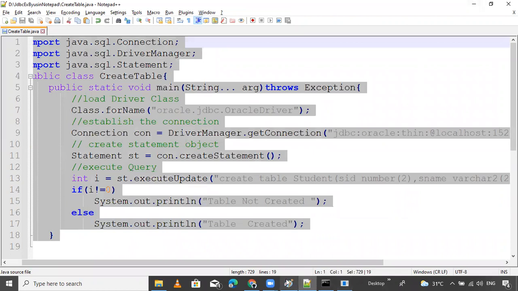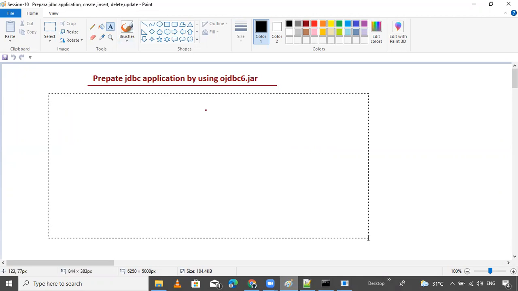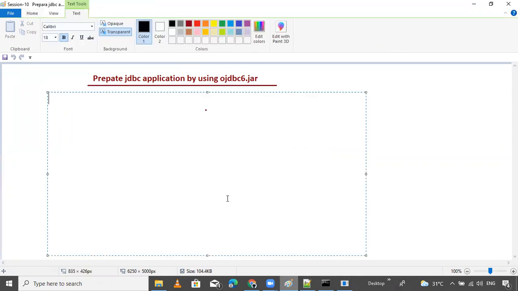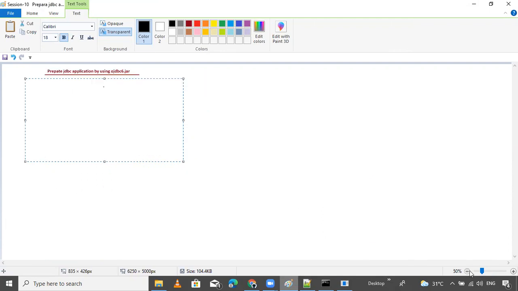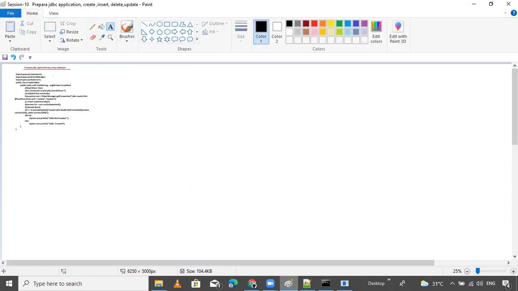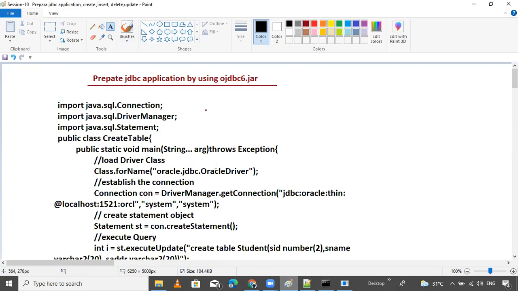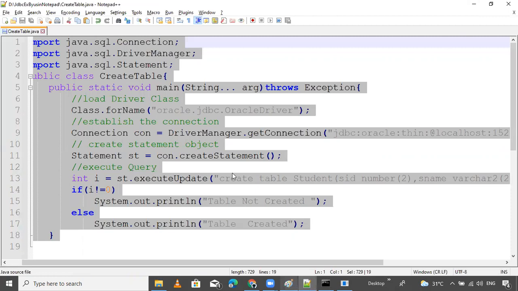I will share with you my notes. That's it. This is the table creation. Now I want to insert data inside this table.